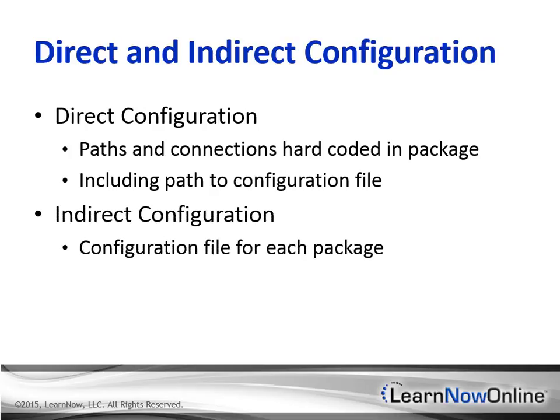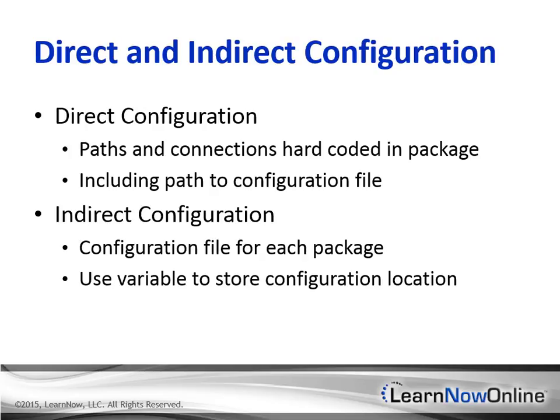In indirect configuration, you also have a configuration file for each package. That doesn't change. But instead of hard-coding the path to the file in the package, you store the path in an environment variable. The package queries the environment variable for the path and then loads the configuration file from that location. Okay, so let me talk a little bit about this in the sample files that I developed for this